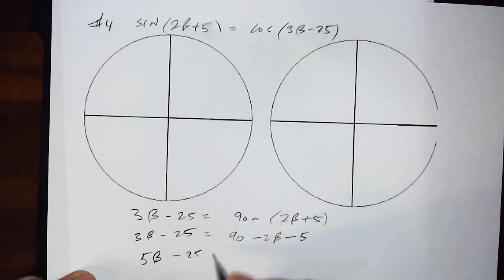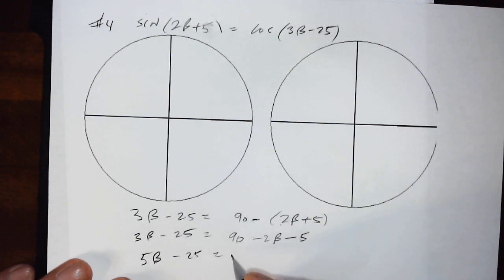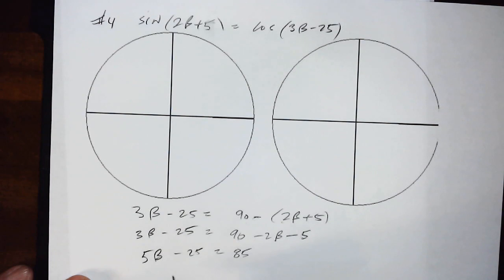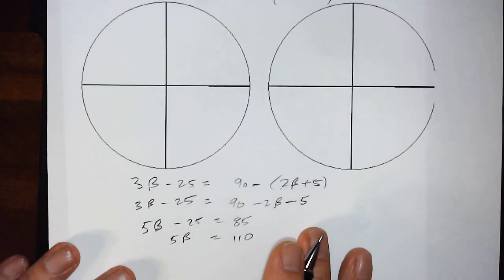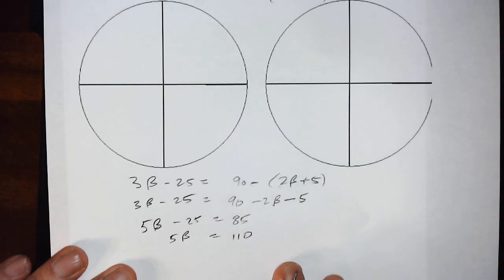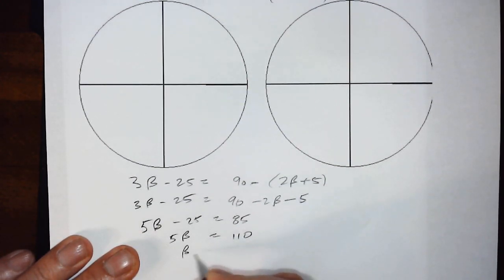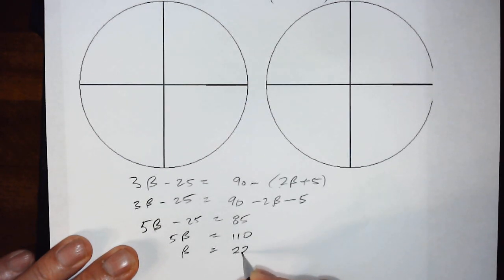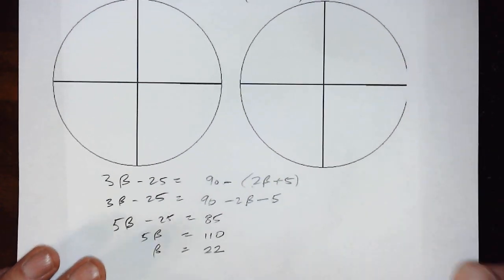I'll do this a long way. I could add the 25 now, but okay, let's do this. 90 minus 5, since the 2 beta has gone over there. 90 minus 5 is 85. Now we'll add 25 to both sides, and we get 110. I've done this already before I made the video, so I kind of know these numbers a little bit. Now, let's divide by 5 on both sides, and that's going to give us our beta. It's the same beta that I figured out a few days ago over in the tutoring lab,